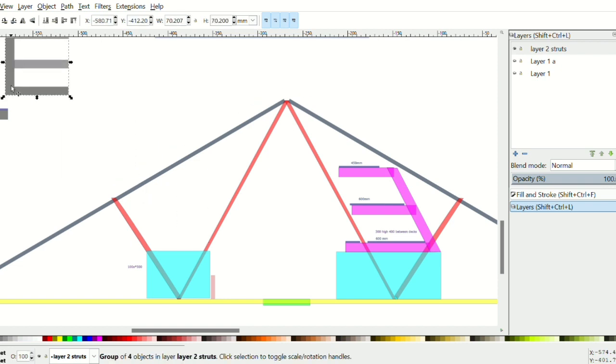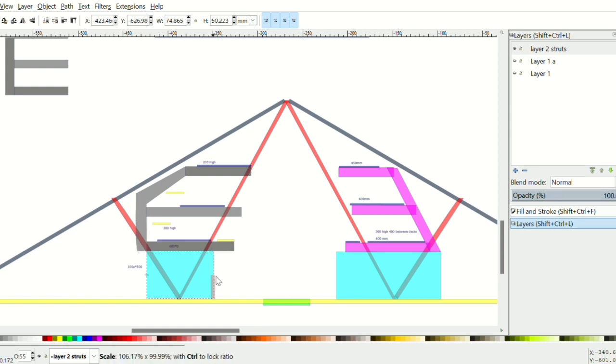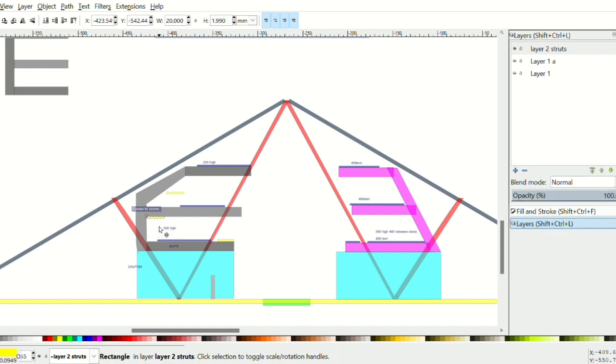So the third design, which is again a lot larger, so I'd need a bigger plinth. So I could have my 600 wide again on the lower 2 decks, probably giving me about 500 on the top one. And then these yellow platforms are effectively where my inclines rise from one deck to the next. So the height from one deck to the next is 400mm, which means I need about a 20 metre incline with a 2 degree